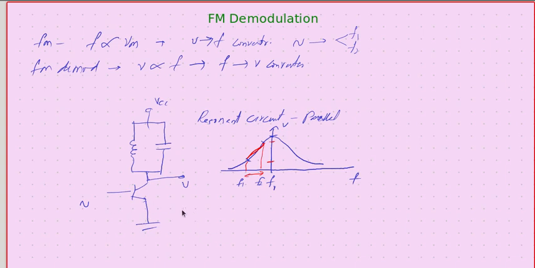So in all, what is happening is the input frequency will decide